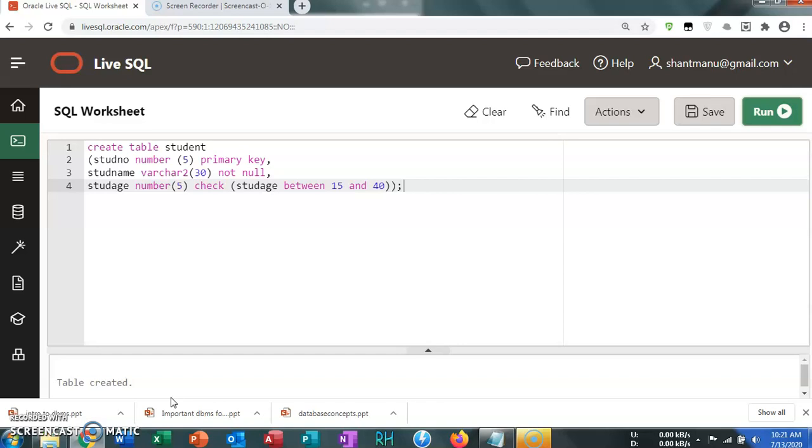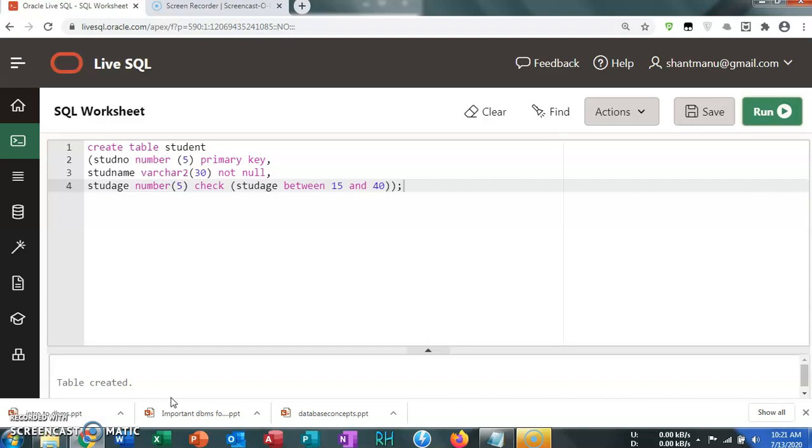Not null. Not null means you need to insert at least one character into that particular column as a value. Means you could not insert a blank or null value. Sorry. So then next column is student age, that is number 5, and there is one more constraint given here, check.